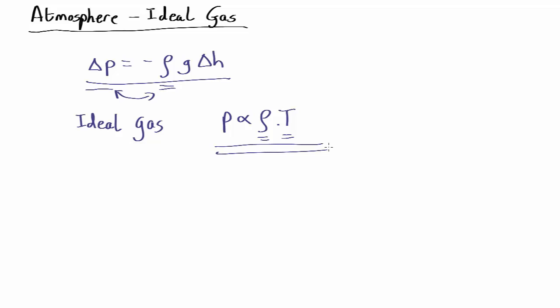Now we're going to make our second approximation, which is a bit worse. We're going to assume that the temperature remains constant as we go up in the atmosphere. Now that's clearly not true. As you go up from the surface, temperature goes down. It's colder on top of mountains, at least until you get to the top of the troposphere, about 12 kilometers up. After that, when you're in the stratosphere, the temperature starts actually going up as you go even higher. And then there are more spheres, the mesosphere and so on, where the temperature goes down.